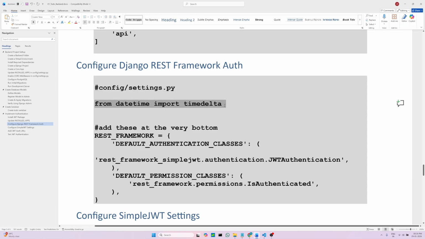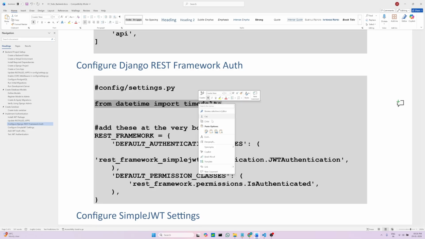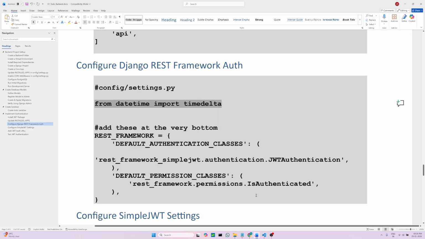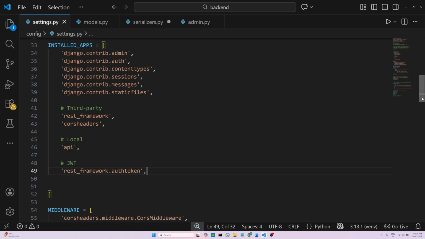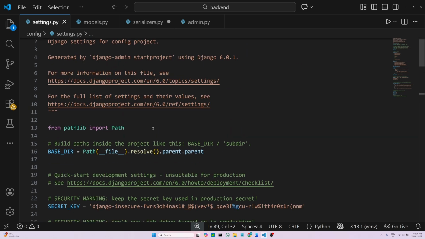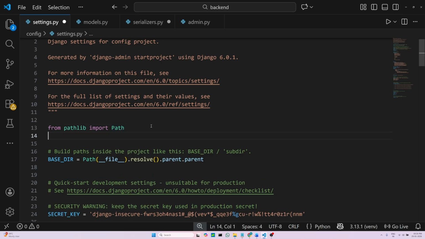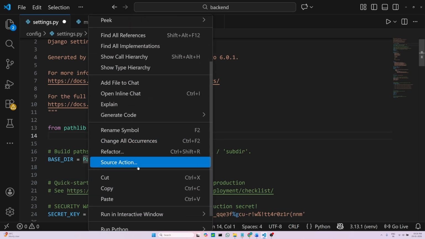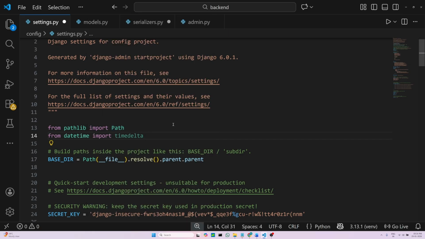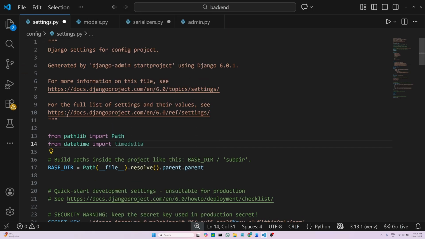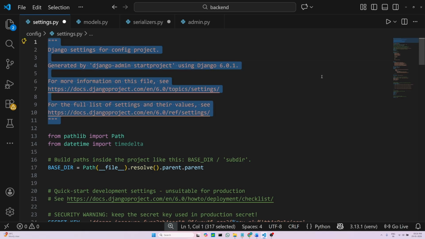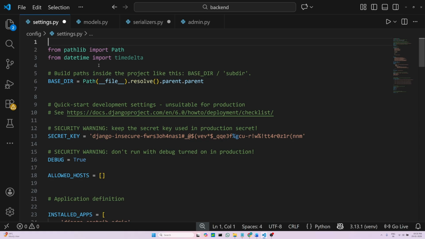So we need to import timedelta. Just put it at the top. We'll paste it here somewhere. Paste. What is this, man? This is so irritating. Yeah, I'll just remove it. Okay, so we have imported timedelta,